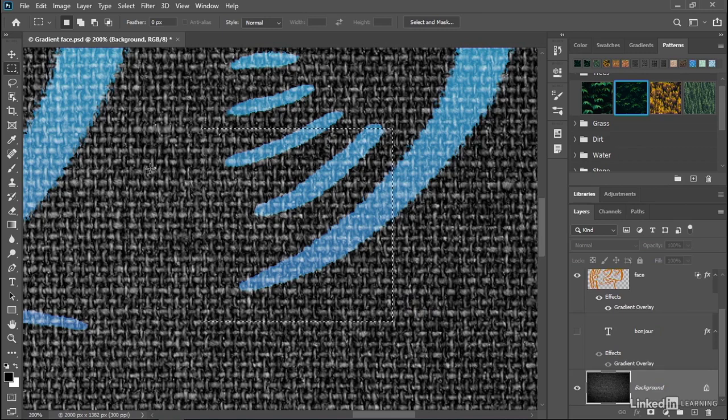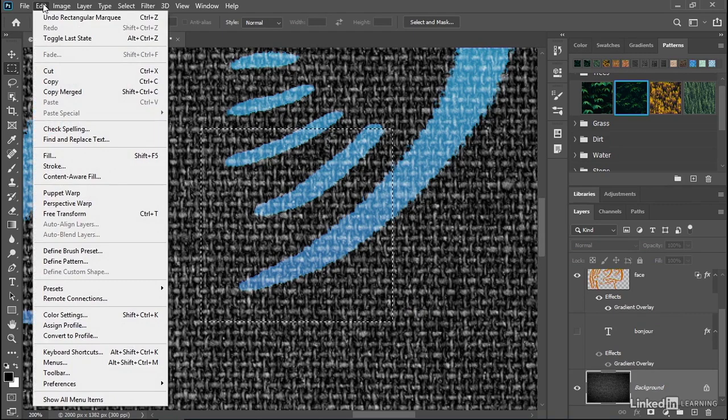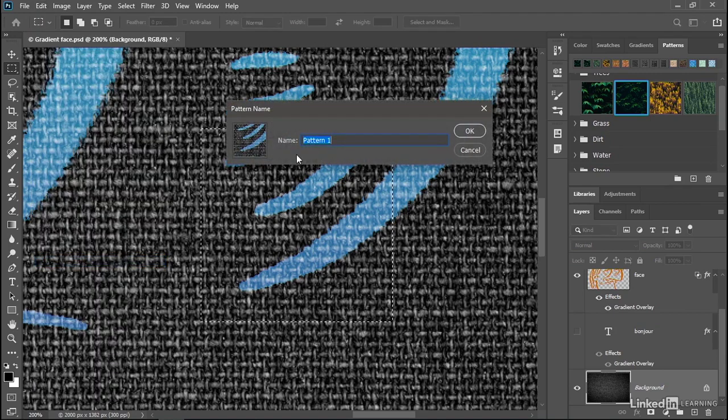And then, just as you've done in the past, you can go up to the Edit menu and choose Define Pattern, which will bring up the Pattern Name dialog box, complete with this preview, which shows me that we're seeing the composite version of all visible layers inside of the composition, which includes not only the selected background layer, and in fact, the selected layer doesn't matter, but we're also seeing parts of the face layer that are contained inside